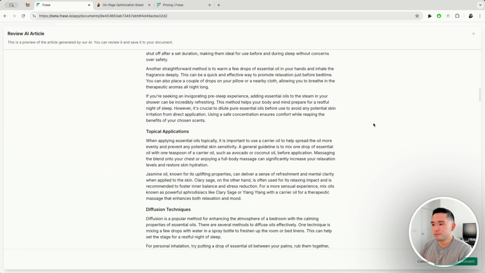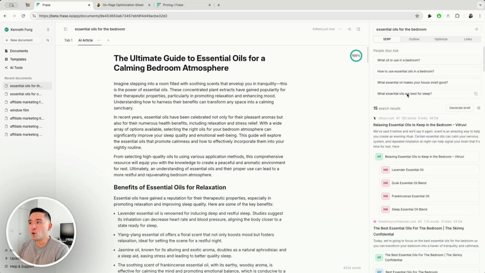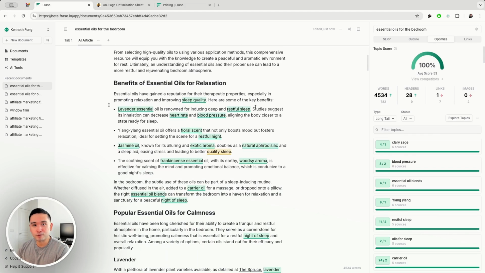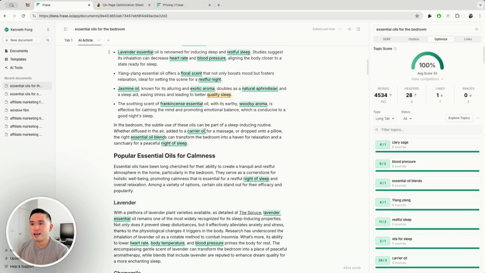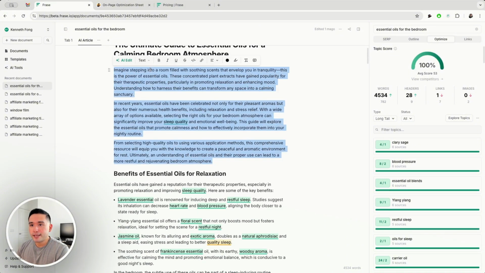Now let's save it. Okay, now the AI is reviewing all of our top ranking competitors and it will give us an overall score. And it looks like our score is 100, which is extremely rare, but I'm very surprised we have 100 topical score and we really didn't do anything. The AI wrote this article completely by itself. So we can go in here and start making our tweaks.